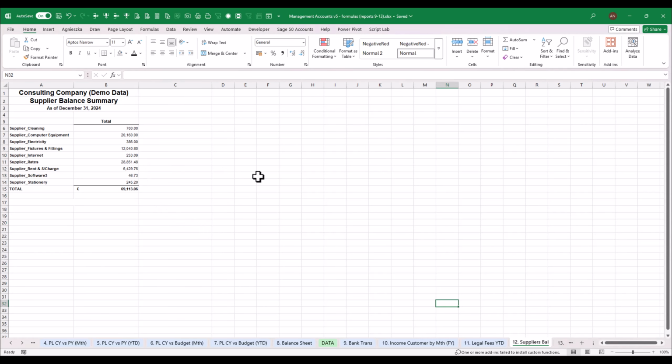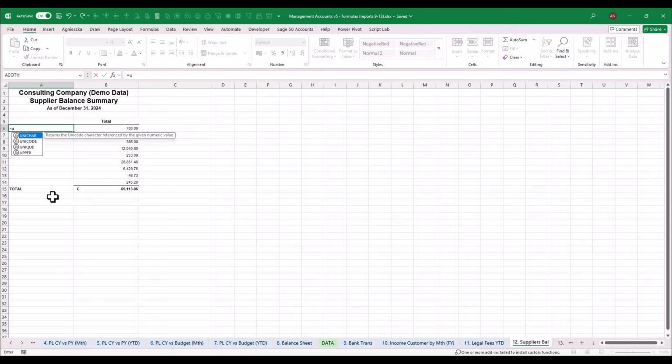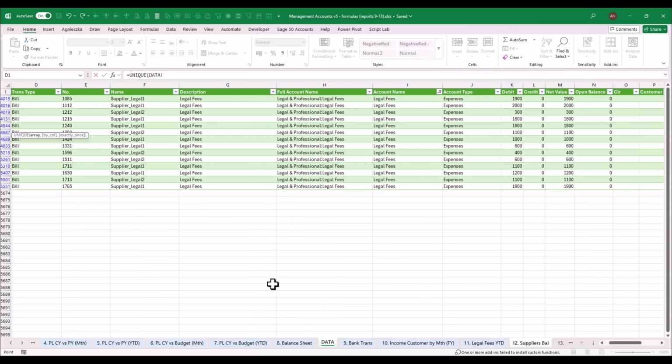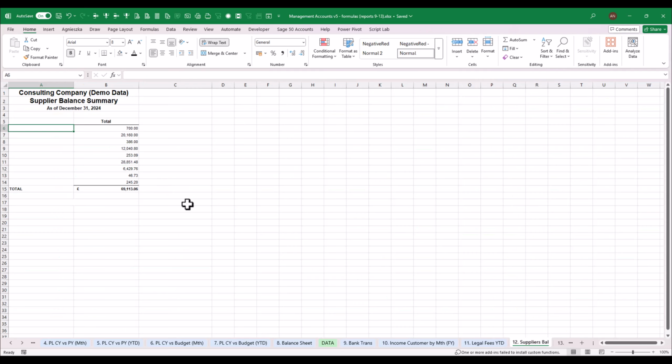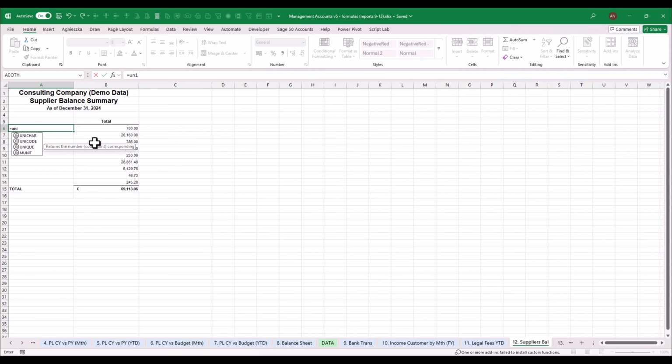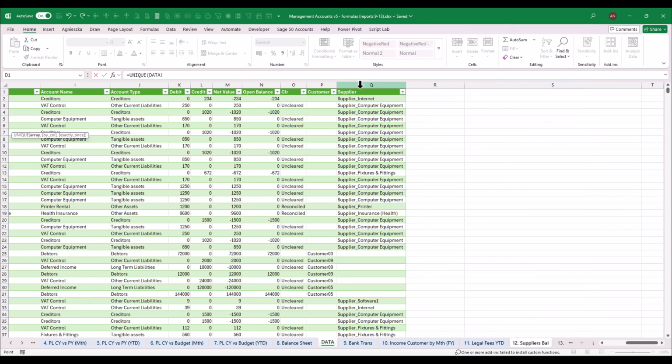Okay, now let's try to make this one dynamic. So we want balances of all suppliers at the end of the accounting period. So I will get those names from the data table, and I will just want unique names. I don't want any repetitions. So let me just get the filter off. So unique, and we will go to the supplier column,